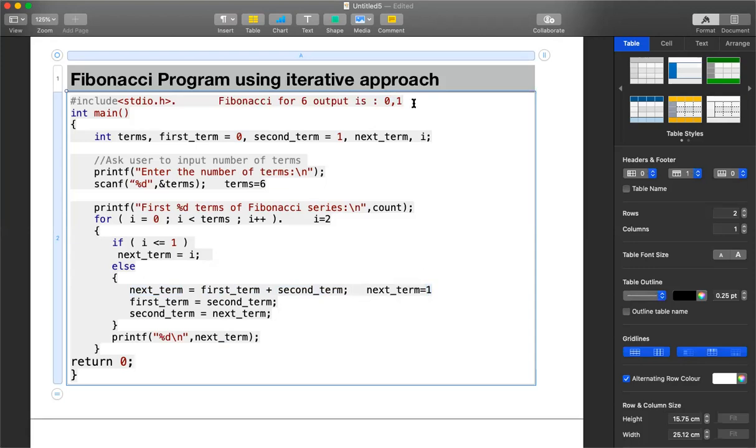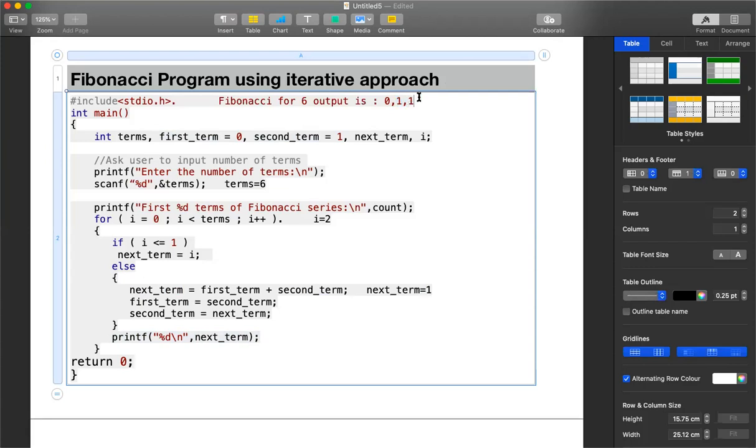Okay, so let us see here what you are going to print next. Here we are going to print next term. What is the next term value? It is 1. So once you print this as the next term, to find out the next coming sequence, you know that the previous two numbers change. Now your first term will not be 0 and second term will not be 1. So what will be your first term? The first term will be this particular number. And what will be your second term? The second term will be this particular number.